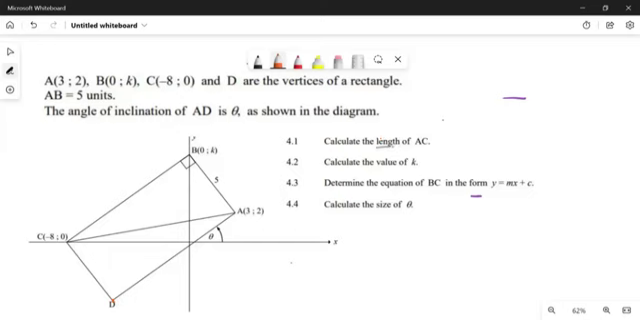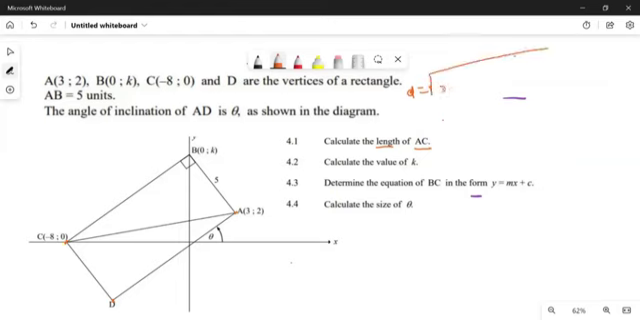Say calculate the length of line AC. Now you're going to check, do you know what are the coordinates of A? Do you know what are the coordinates of C? Now the distance formula that we use, it says which we have distance, which is going to be given by